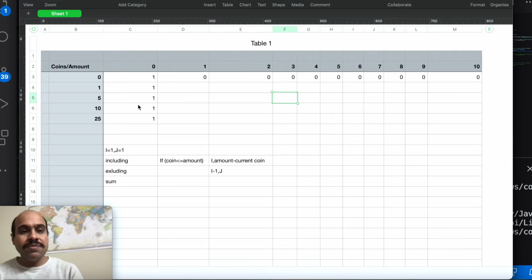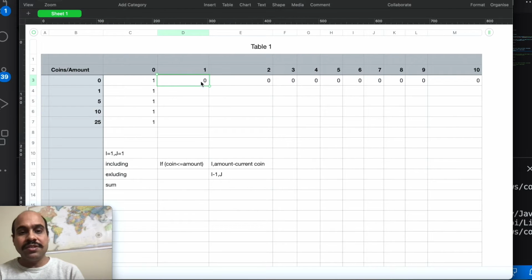So first step, you decide what table structure you want, then you initialize some values, and based on those initializations you keep on updating other values. This row you can initialize to 0, or else 0 is like self-initialized. Let's initialize this first column over here. We can use 1 of 0 coin to make 0. It's like an initialization thing. Sometimes practically it doesn't make any sense, but you can see to make a 0 from 0 you need 1 zero.